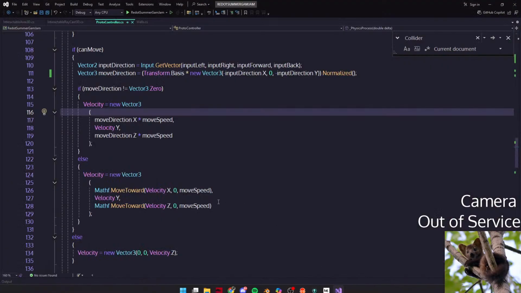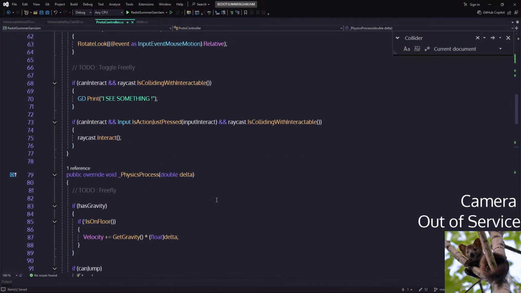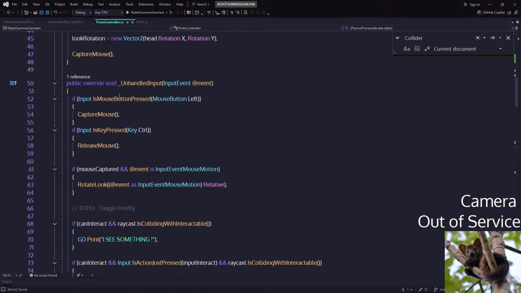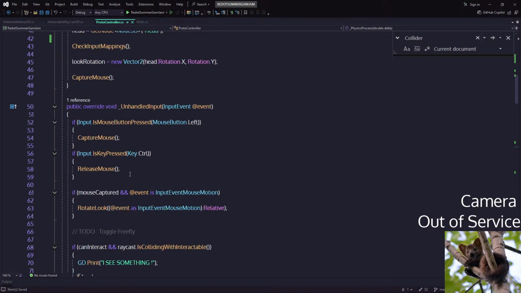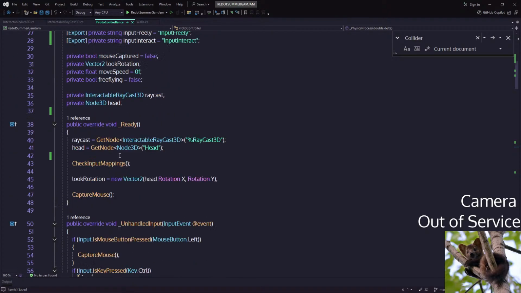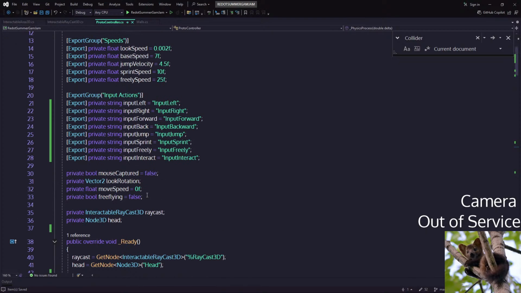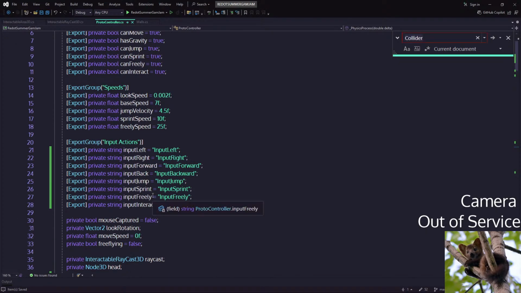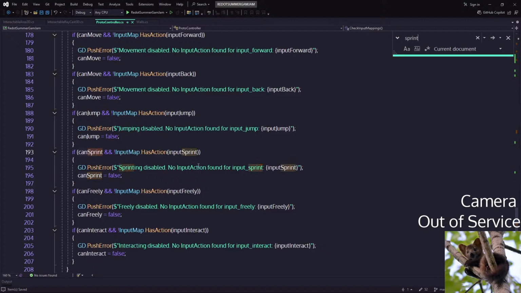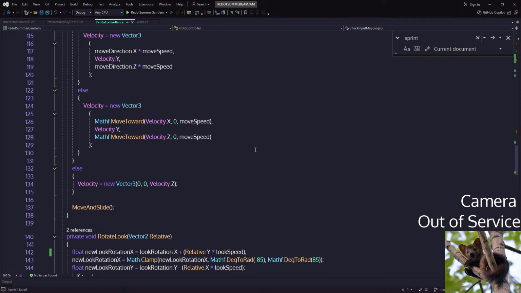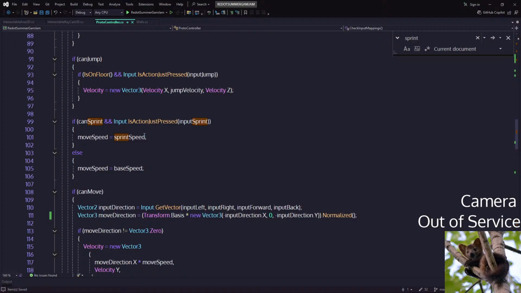I think that sprinting is wrong. Can sprint. Yeah. I think, did I implement it?